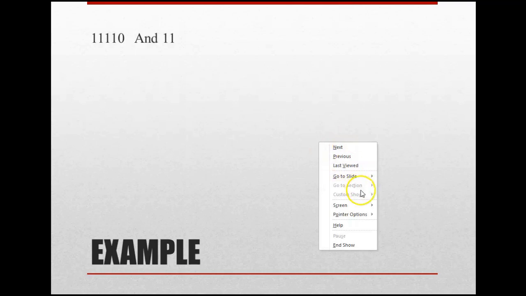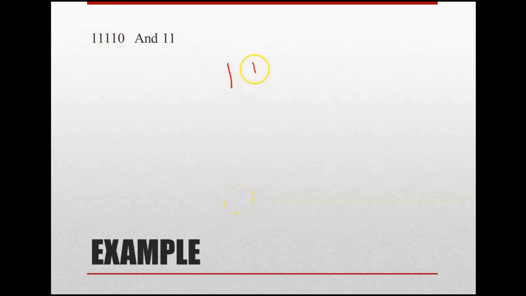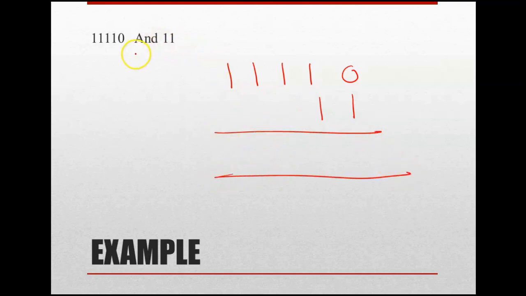Otherwise I have taken one more example here. You can see the size of the two numbers is not the same. So how do we manage this? I am writing it again: 1, 2, 3, 4 and 5 digits, and the other is only 2 digits. So you write these 2 digits here. We already discussed that in general mathematics also, if you add 0 on the left hand side of any number, it is not going to affect your final output, right? So you can add zeros here.